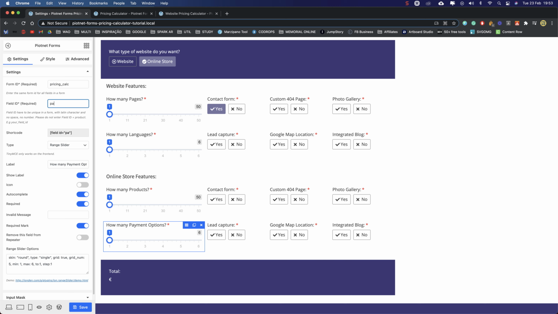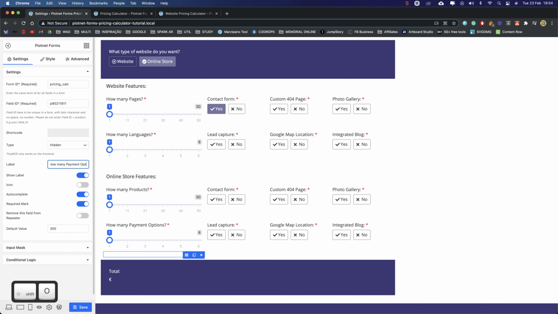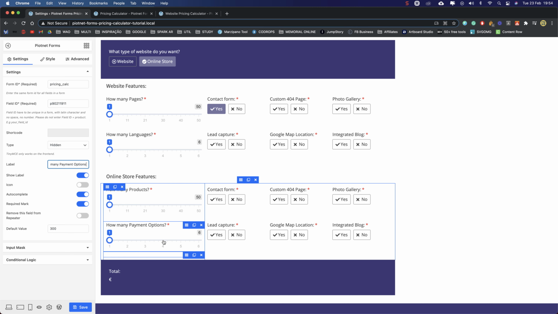Here let's write payment options, and in the hidden field let's change to how many payment options. This doesn't have to be exactly the same, I just make it the same so I know that this refers to this. Okay, here we can put payment price. Let's confirm what we put here. Product price, payment price. Okay.